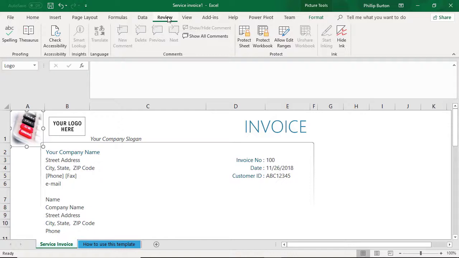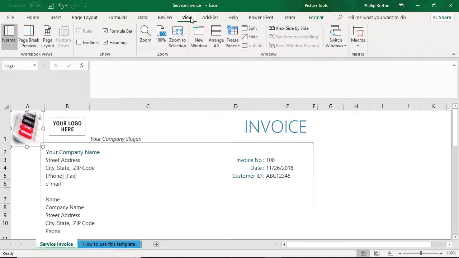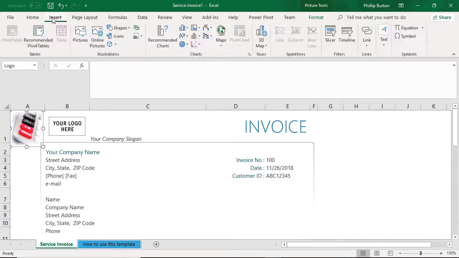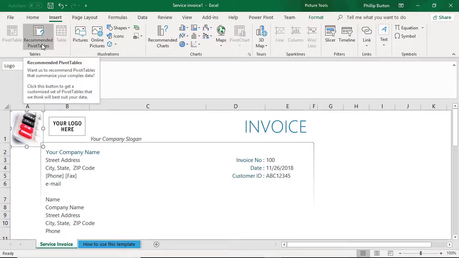Usually workbooks are only used by one person at a time, or at least editable by one person at a time. And then view allows you to see, instead of page layout, which is how it prints, view is how it looks to you on screen. And these are the basic topics that you've got all grouped together. So when there are new things, then for instance, if you have a new icon for pivot tables, then Microsoft can put it into the right section